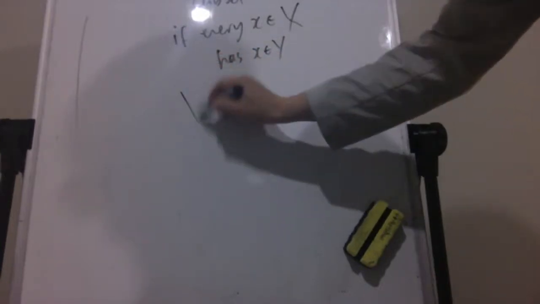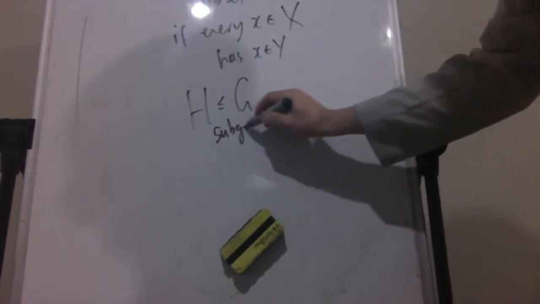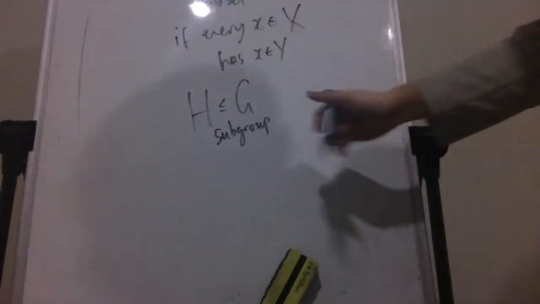So this is an X. I'm going to write it like this: H subgroup. And maybe to relax this condition, if there's an injective function from X to Y, then X is less than or equal to Y in the sense that there's fewer elements, right? For a subgroup, you can also say it's isomorphic to a subgroup via an injective function. But yeah, there's lots of